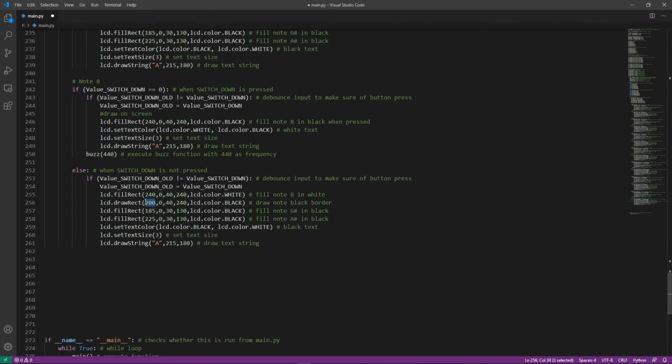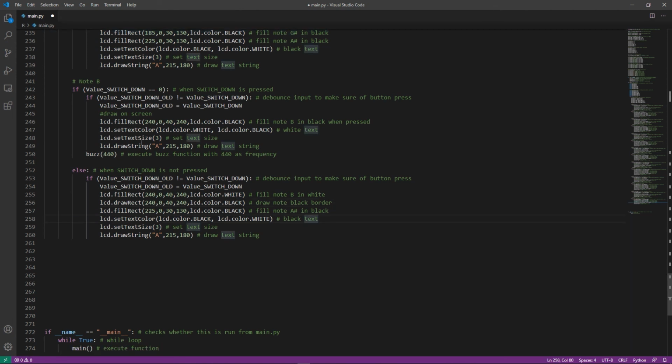Here should be the same for the black border, and here we can get rid of this line G sharp note and change this A to B with the location 255. Do the same here, 255, and the frequency for note B is 493.